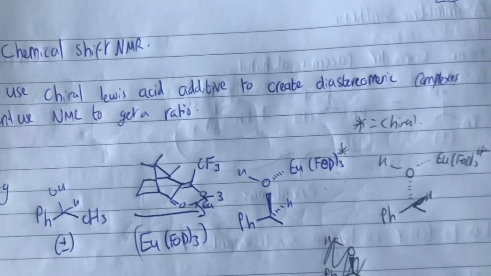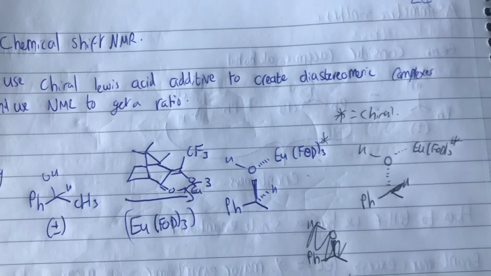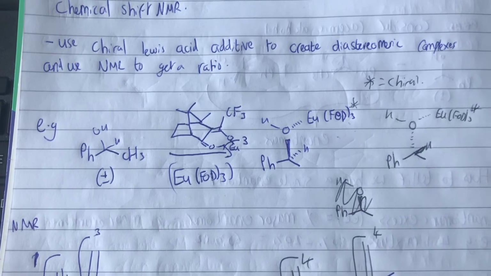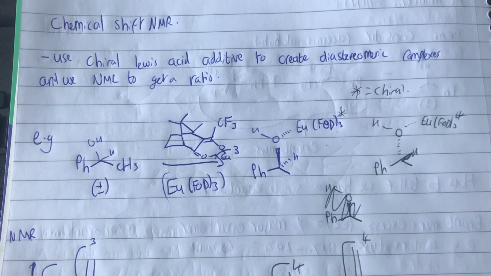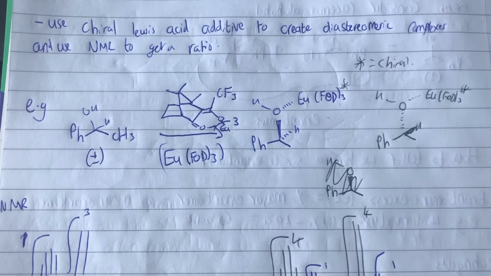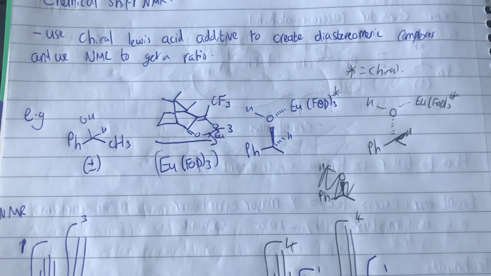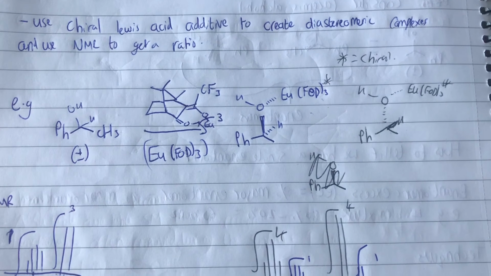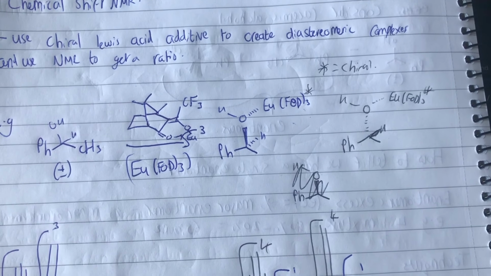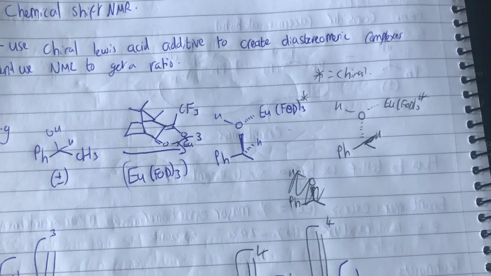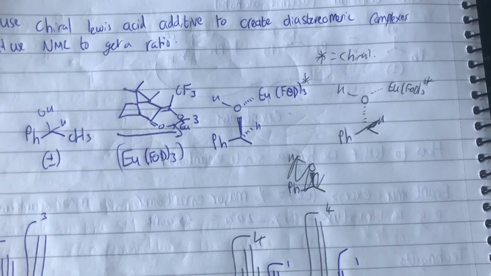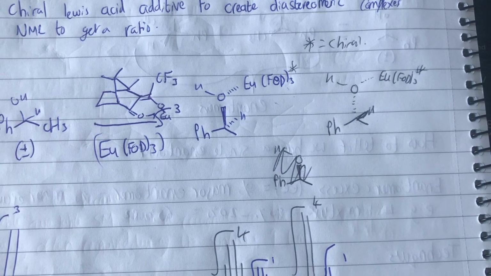We can also look at chiral shift NMR. We can use chiral Lewis acid additives to create diastereomeric complexes and use NMR to get a ratio of how much we've got. So as you can see here, we've got the same sort of phenol. We're going to use Eu(fod)3. We've used fod before. That's pretty much what it looks like, and obviously we're going to add Eu(fod) to it on top of the O. We're going to add it to the oxygen, and that's obviously going to create two